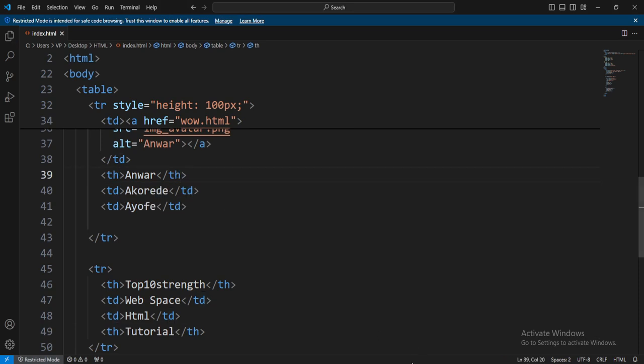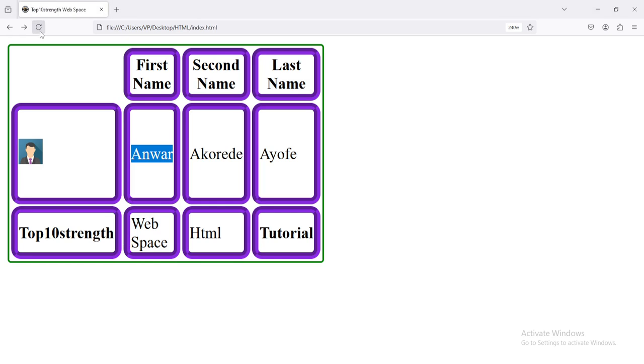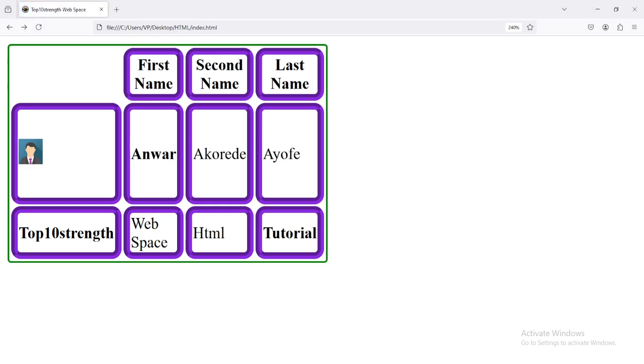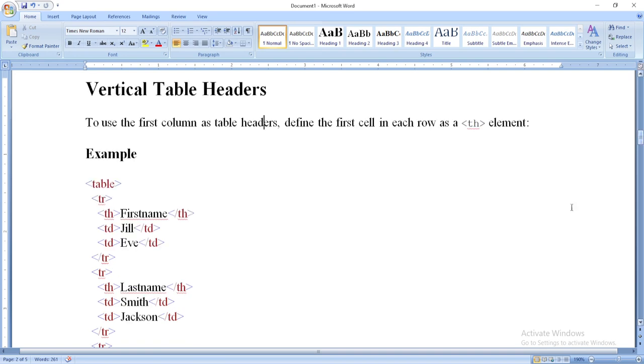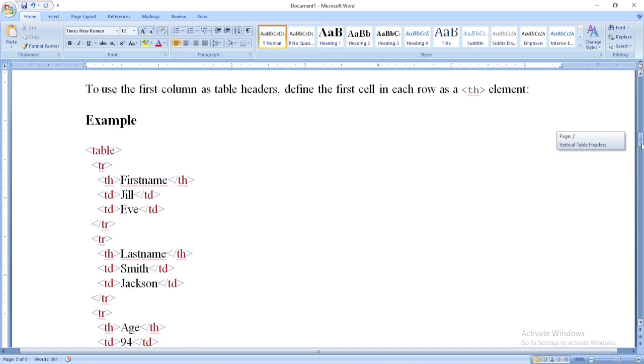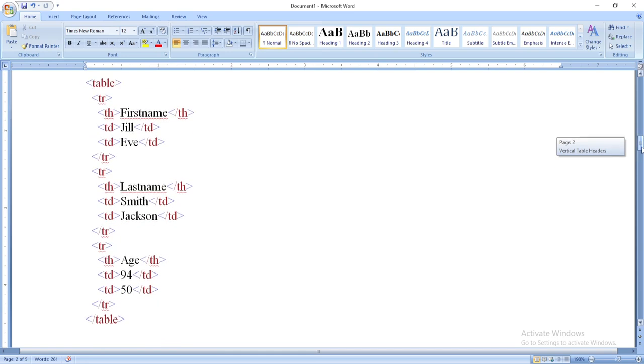So anything you are having can turn into what? Can you see? Let's save this one also. As you can see, it's having the header. So that is, you can use your header anywhere in the code, and you can use your paragraph also anywhere. It just depends on what you want to do. Don't forget, it depends on what you want to do. So whenever you want to do anything, you just think of what you want to do first